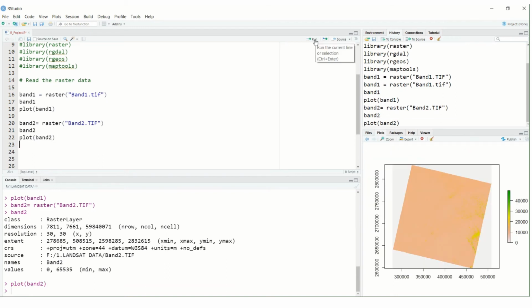Yes, see here. So I can easily plot my band 1 data and band 2 data. So I think you are clear with how to read the raster data. Okay, so please try on this data. Download from USGS or Sentinel-1 data. Just download the data, whatever it may be, the raster data. Please download it and try to read the data in the R programming.